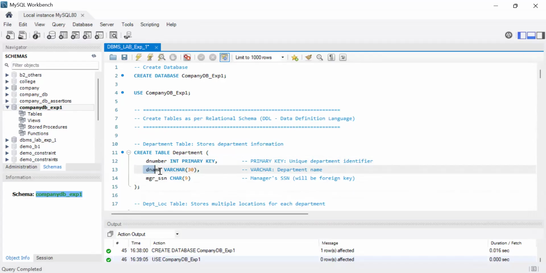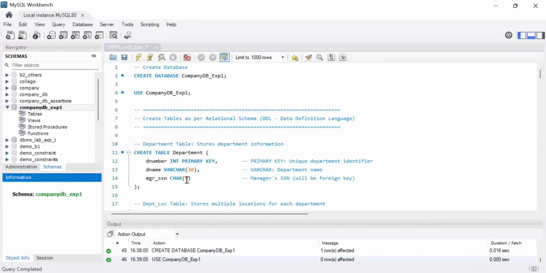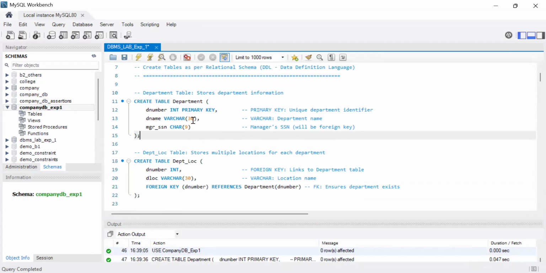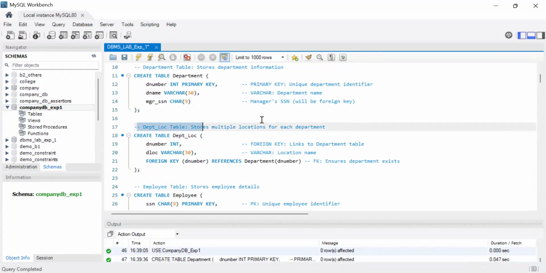I have taken the attributes as they were mentioned in the relational model, right? I have taken them from there. Okay, you are following, right? Here the constraints and everything, why all this, I have listed out. So I will do it quickly, guys. You have to write it in your system. Then I will create the department location table,